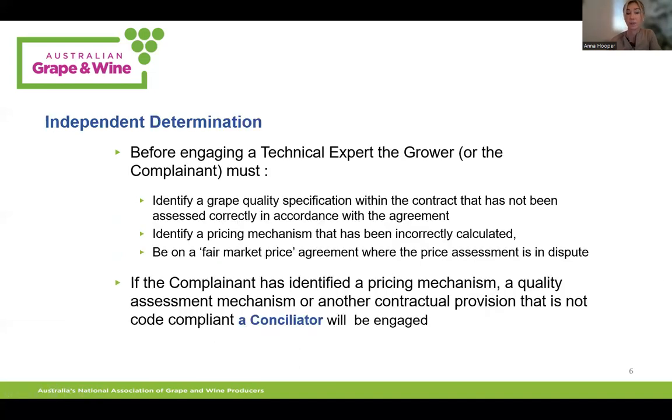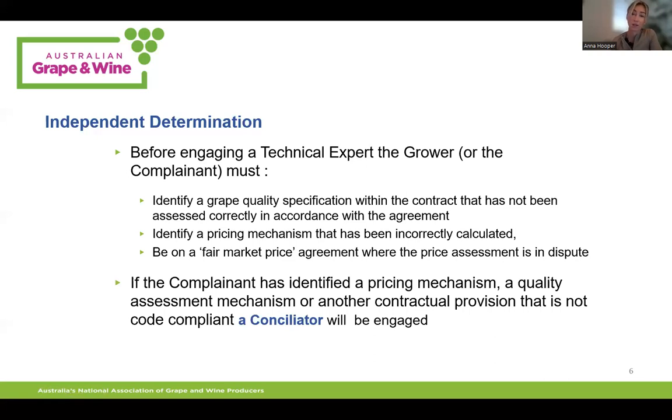The other types of disputes are a process of independent determination conducted by experts who are either engaged to make a technical assessment or a price assessment. Generally, a technical expert is someone with expertise in assessing wine grapes, usually someone with qualifications in viticulture, for example. A technical expert is not required to make any comments regarding price, but rather to comment on whether the grapes have been assessed correctly and in accordance with any specifications that have been documented in the grower-supply agreement.